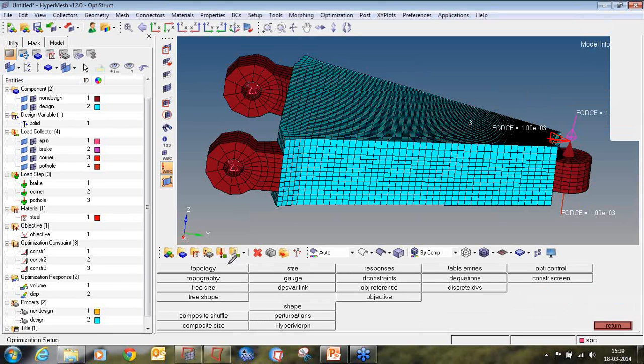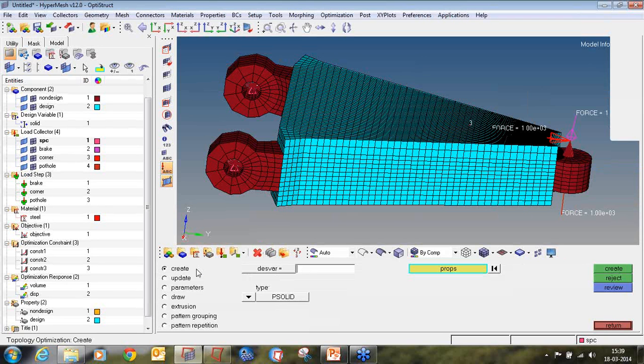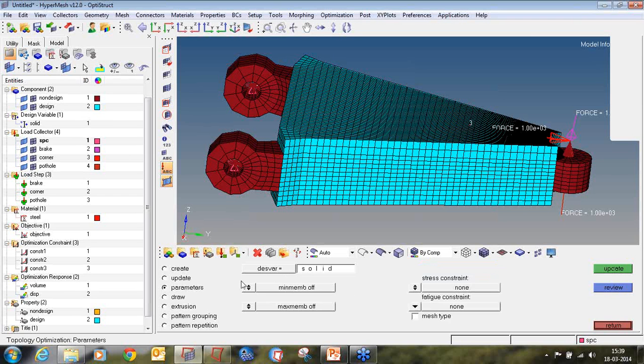On the optimization page, select topology optimization. My topology design variable is already predefined. So I will go to parameters directly and select the predefined design variable.